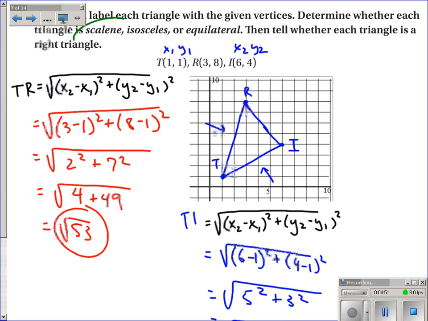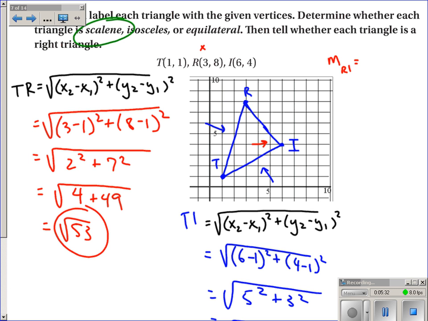So it's scalene. Now the question is, is it a right triangle? It doesn't look like a right triangle, but just to check, I will see if two of the sides have slopes that are negative reciprocals of each other, or their product is -1. If it was a right triangle, I would guess that I would be where the right angle is. So I'll find the slope of RI and the slope of TI and see if they are negative reciprocals of each other. So the slope of RI,